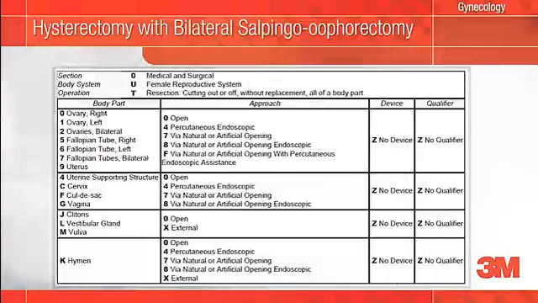In addition, looking at the column entitled Approach, the coder will need to discern from the documentation in your operative report what surgical approach you used to accomplish the procedure. In this case, the documentation states it was an abdominal hysterectomy. Therefore, the value for open approach would be selected. The codes for this procedure would be